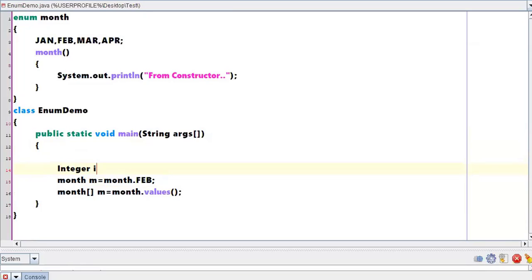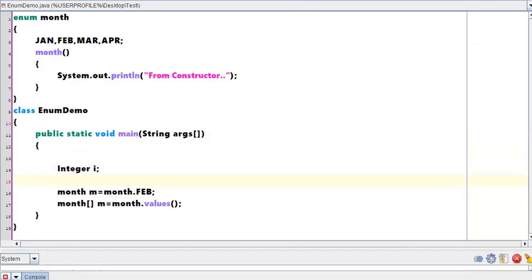Integer i, am I creating an object? Not creating an object, just creating a reference of that particular class. Now, what will be the size of this particular i? The size of this particular i will be 0, because it will be just a logical existence, not a physical existence. Now for this particular